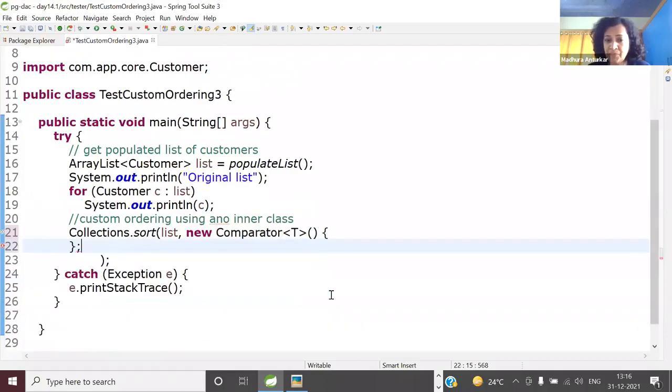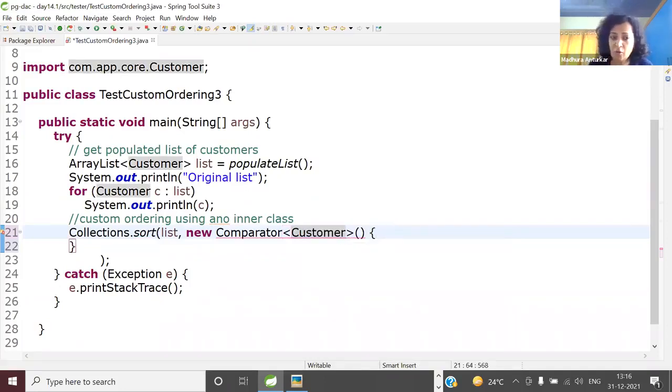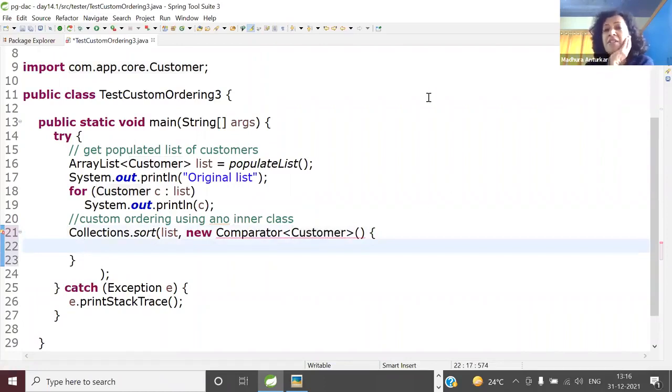So, Comparator. Now start making the changes. There is no semicolon required here, so get rid of it. T will be replaced by what? What is it you are comparing? Still customers. So you can say Customer, Control-Space it. And which is the method you want to implement?